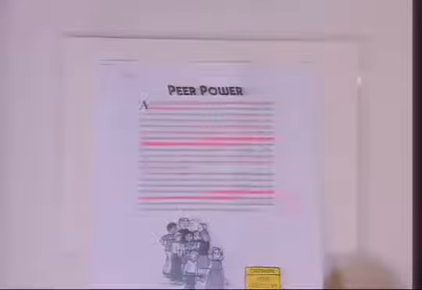Where did we read about that in the character unit? And if you remember in the character unit, I printed the page off here so I wouldn't have to bring the whole book. But remember, it was called peer power. It was about the power that peers have on each other. It was page 70 from the character unit, which we've already covered, but you can put that for your notes, page 70. And this is how these pieces of the puzzle fit together here, because we're getting ready to talk